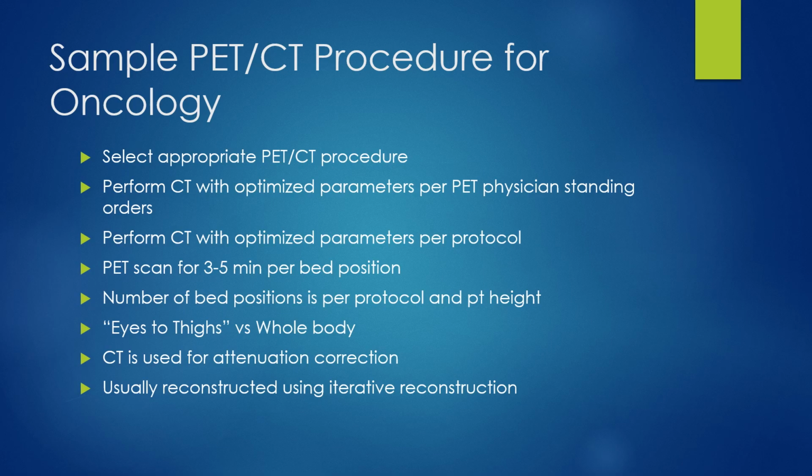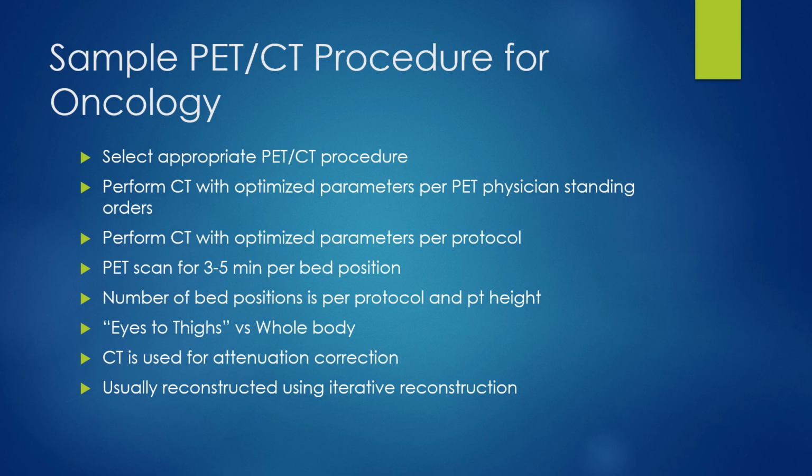Part of that is to reduce the radiation exposure to the eyes from the CT, but also you want to cut off the base of the brain where it has that really hot FDG activity. And typically you're not going to see a lot of metastases above that anyway. So you would cut off right there at the eyes and then go to halfway down the thighs. That's because most cancer that's going to metastasize is going to be around your vital organs, your chest, abdomen, pelvis area, or even in the lymph nodes of your neck,